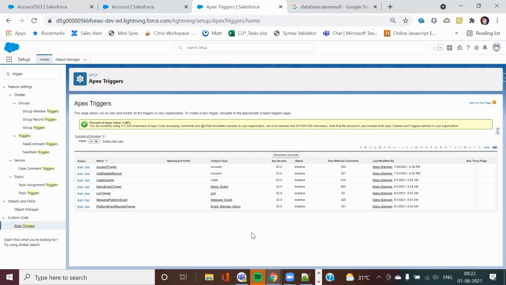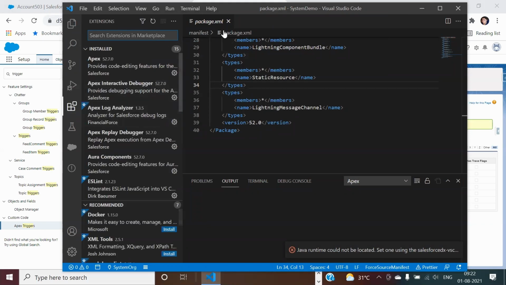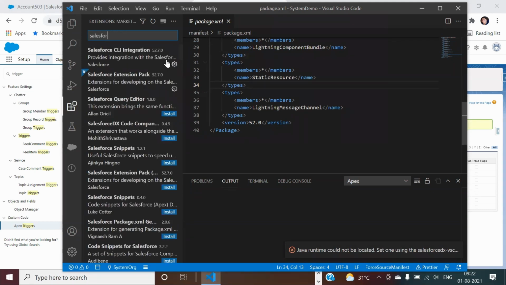I can tell you what you need to do. First, you need to install VS Code. After that, you need to install the Salesforce CLI. Then from CMD in the terminal, you just need to check that your CLI has the latest version installed. Third, you need to go into VS Code and install the Salesforce extensions. That's it. So these are all the 3 steps you need to do.